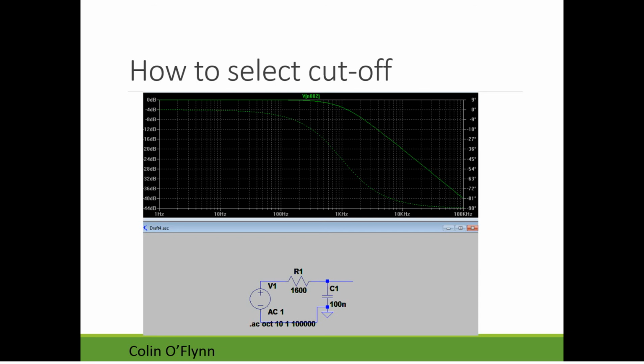And then we can graph it. This is using the same simulator I referenced earlier. It can do these nice frequency graphs. You can see I've plotted between 1 hertz and 100 kilohertz. The solid line here is the amplitude response, and this is in dBs again. Remember when we were talking about dBs before. You can see the minus 3 dB point is somewhere around here, which works out almost exactly to 1 kilohertz.